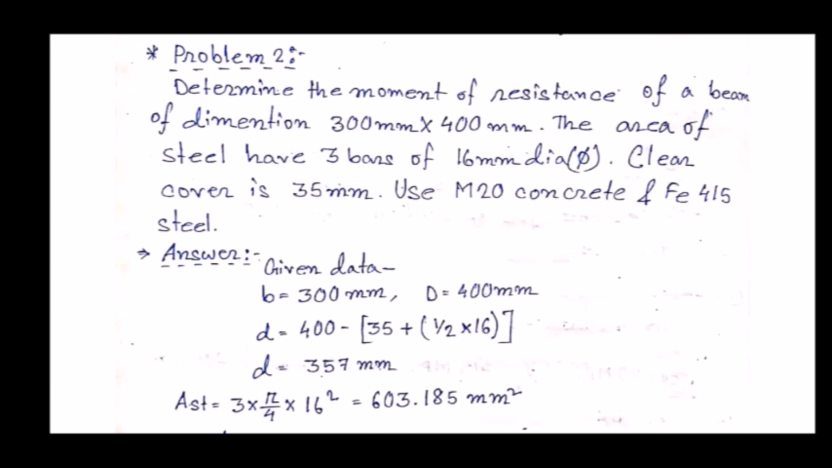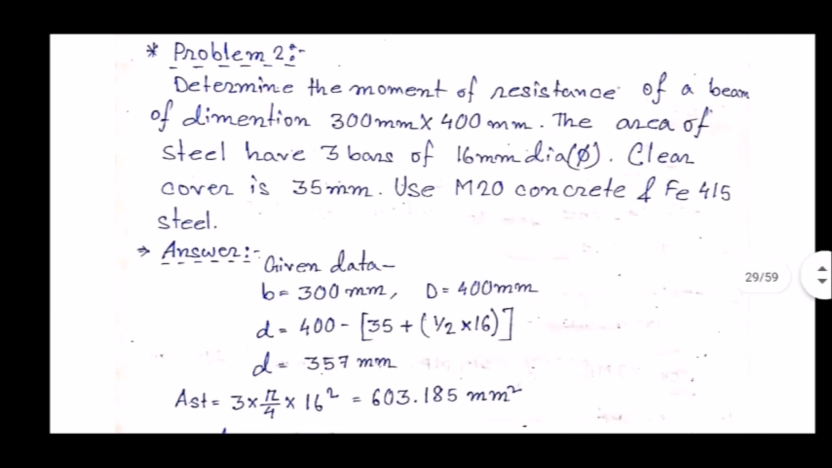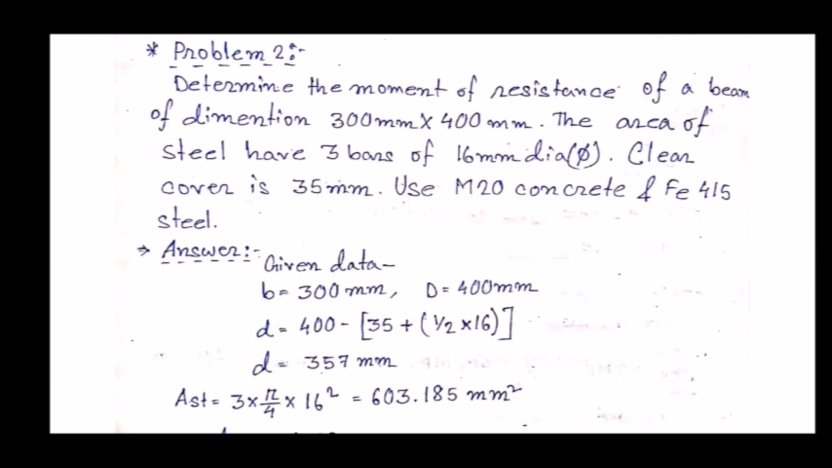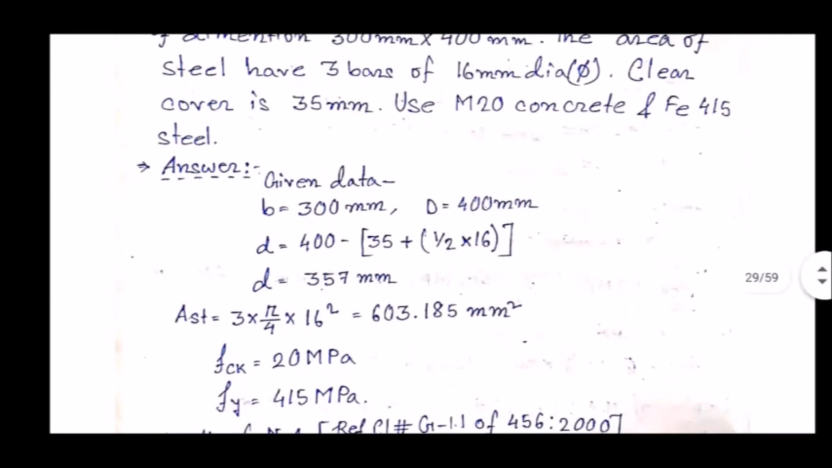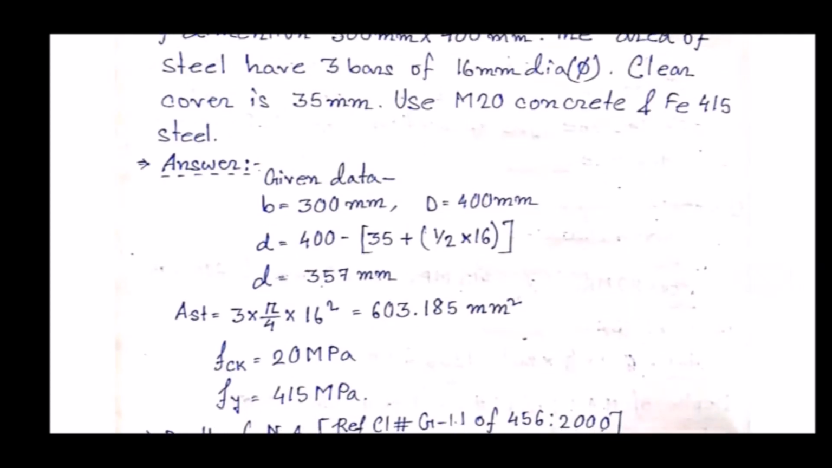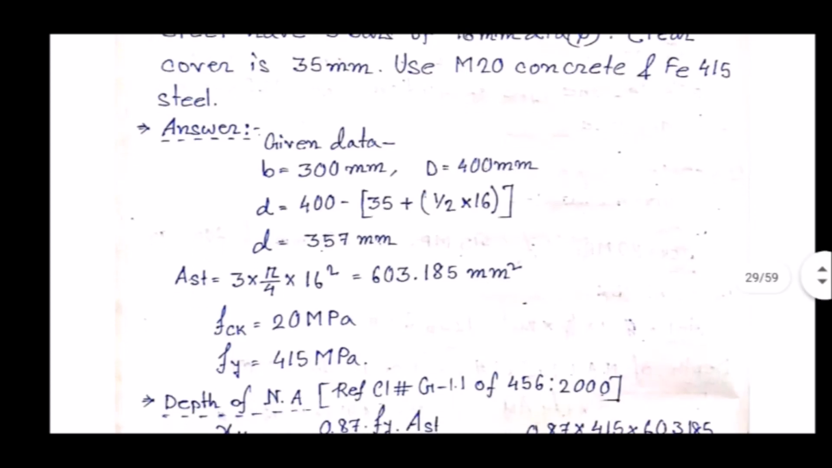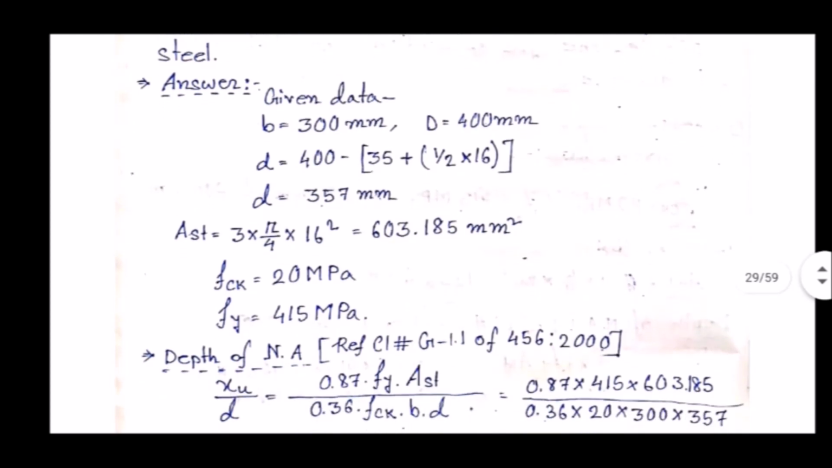Now we have to find out the area of steel first. So there are 3 bars and the cross-sectional area is pi by 4 into 16 square. So the total area of steel, Ast, is 603.185 mm square. Now fck, as per the question, the characteristic strength of concrete, is 20 MPa or Newton per millimeter square, and fy for Fe 415 grade steel is 415 MPa. Now we have to find out the depth of neutral axis